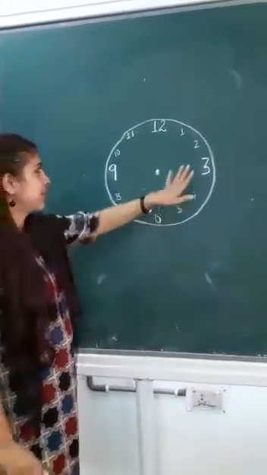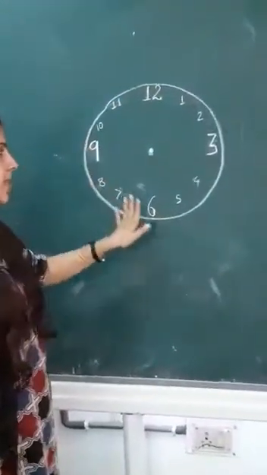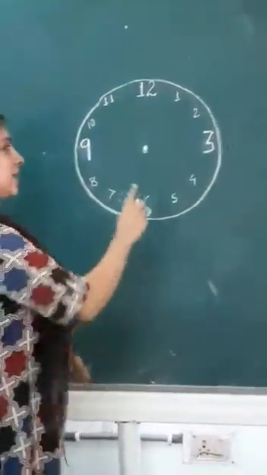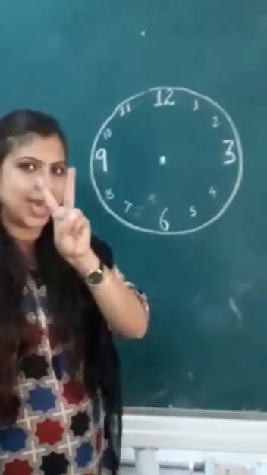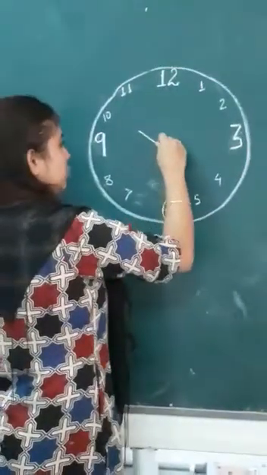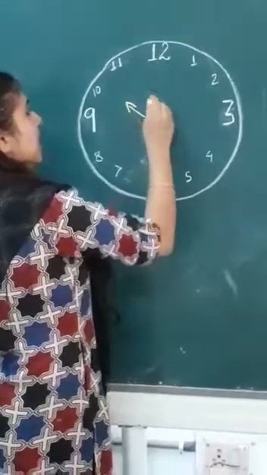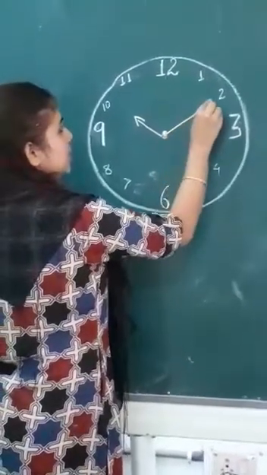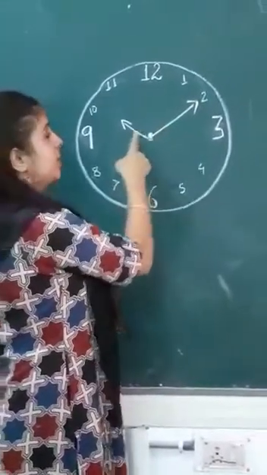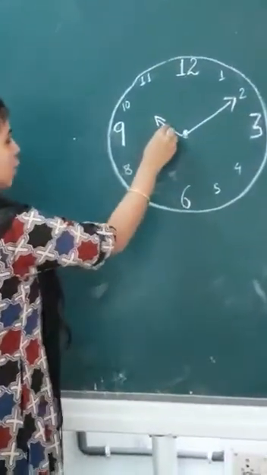Alright. So can you see this? This is the face of the clock. In a clock we have two hands. One is the shorter one. Another is the long one. Short one, long one. This short one is also known as